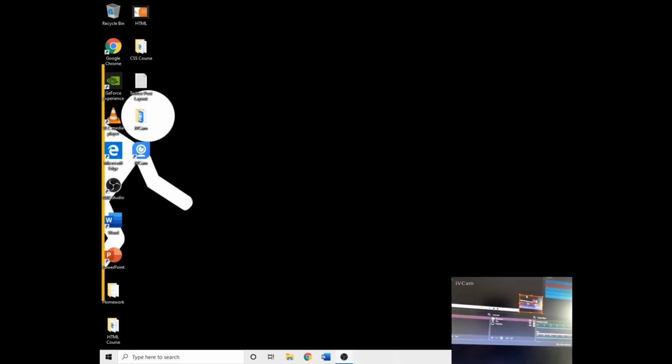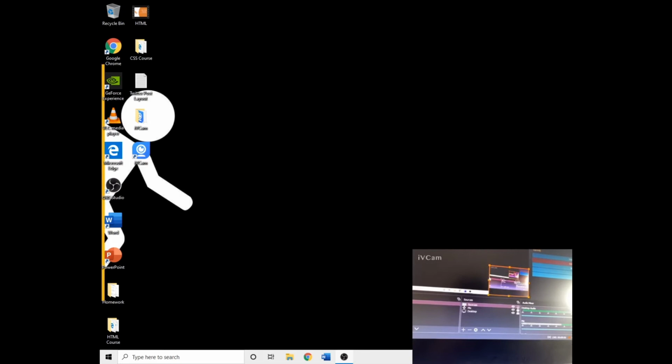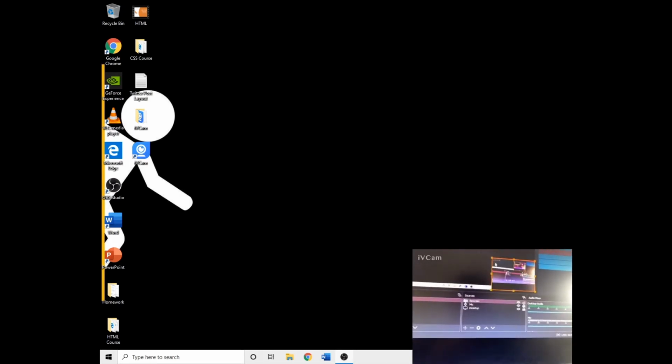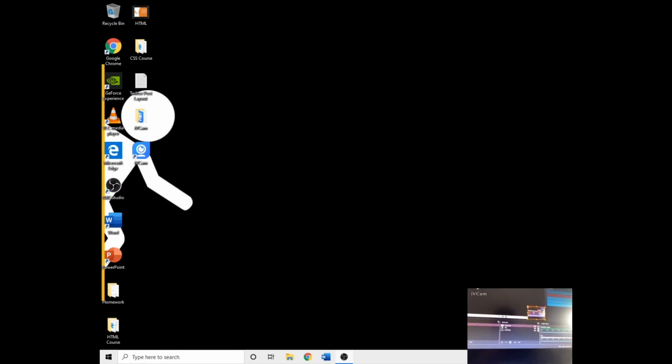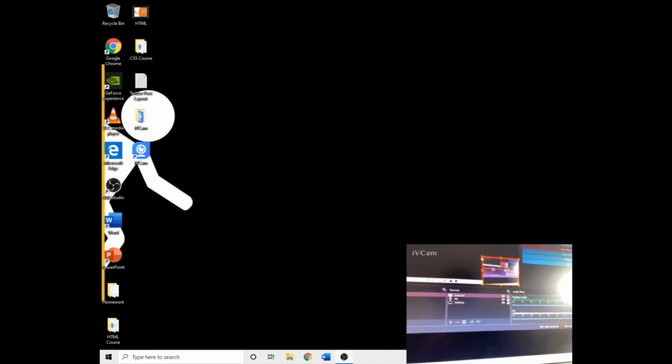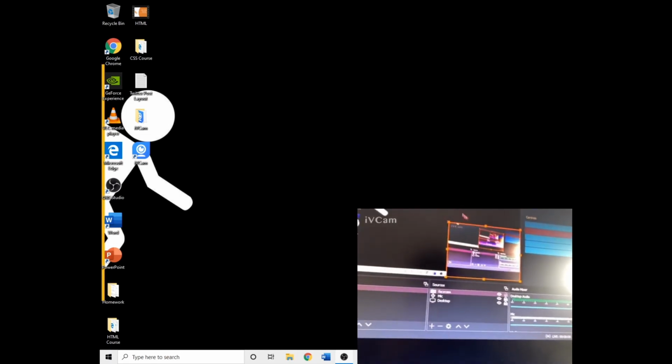Then you can exit out of that and minimize it. You can put it anywhere, make it as small or as big as you want. Just resize it to wherever you want. But as you can see, there's a Webcam